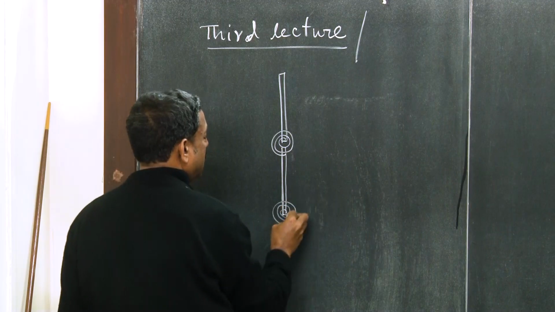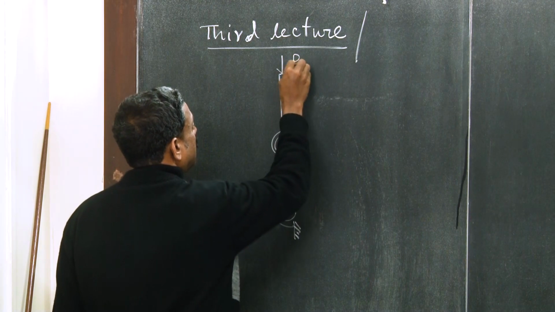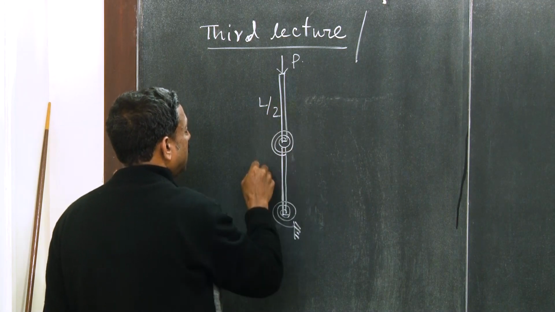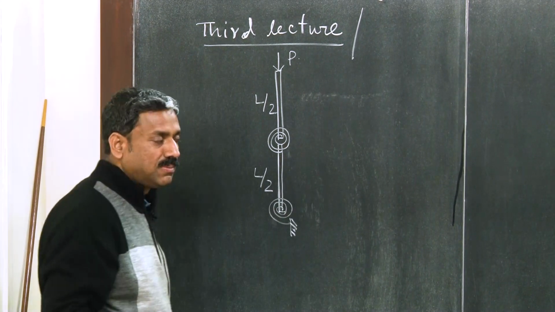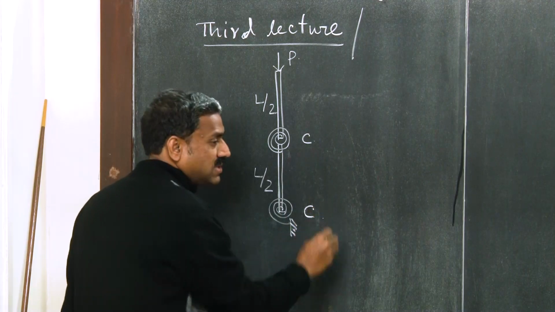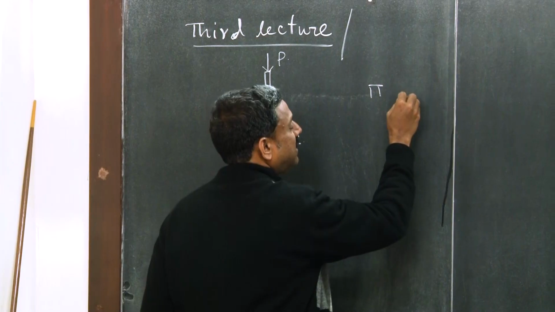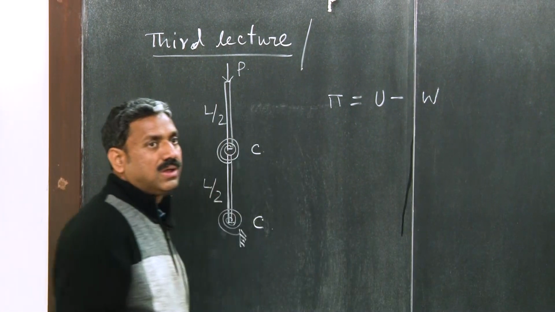At the end also they were connected to a rotational spring, and it was subjected to axial compression load P, and these were all of dimension L by 2, and for simplicity we assume identical rotational stiffness for both the rotational springs, right. So, we have derived the potential energy functional pi, which is strain energy minus work done,